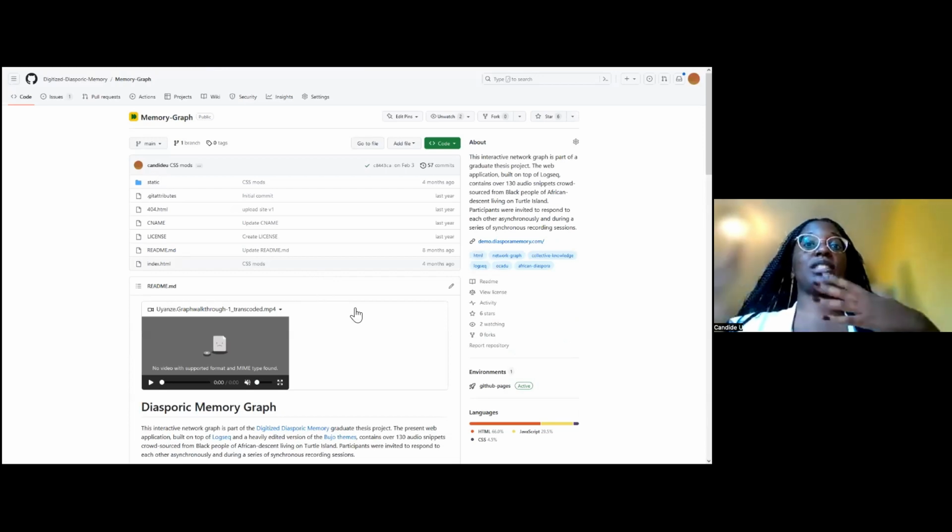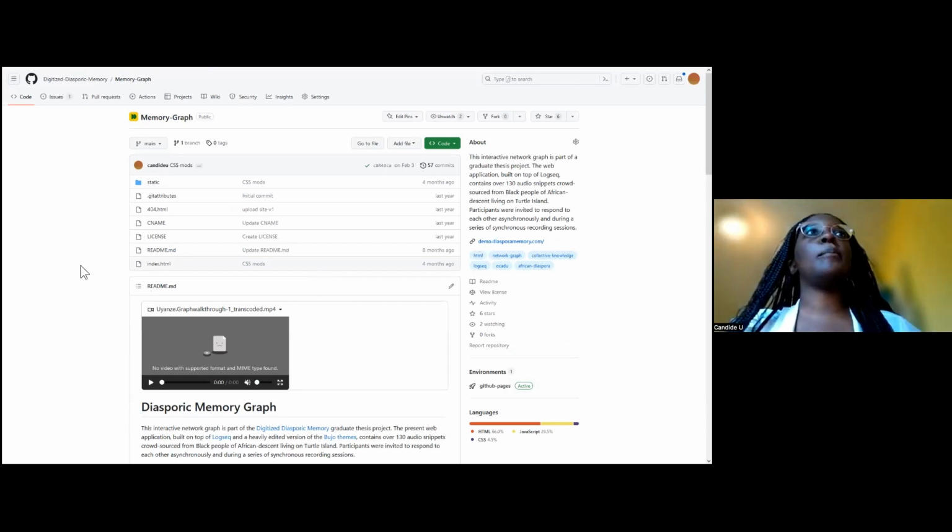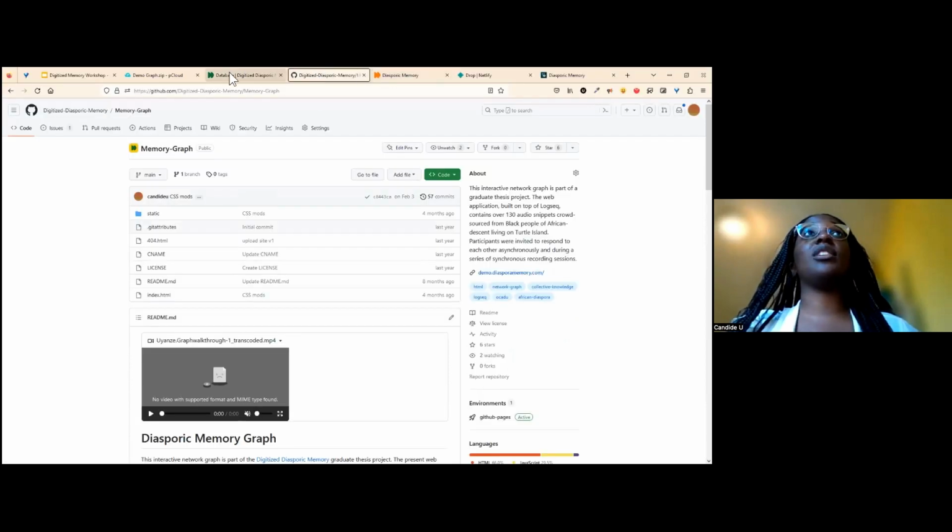In terms of the process of creating these things, that's something I'm working on, like a tutorial series, but it would have to be really polished and detailed and really take you through step by step, because this is more of an overview of what I did. And then the database as well.